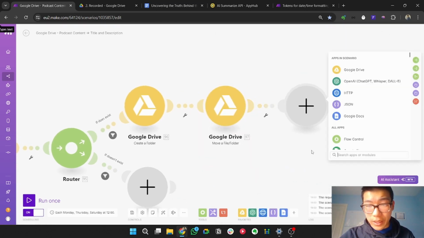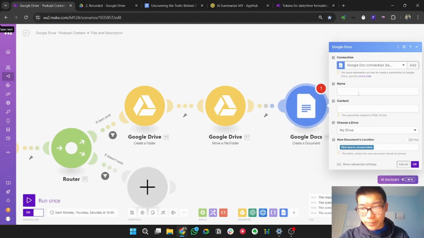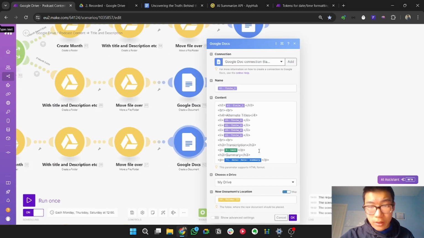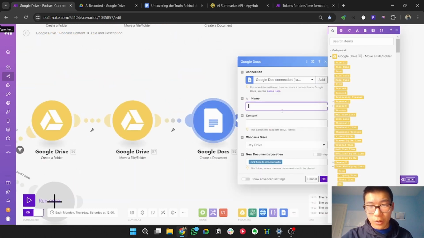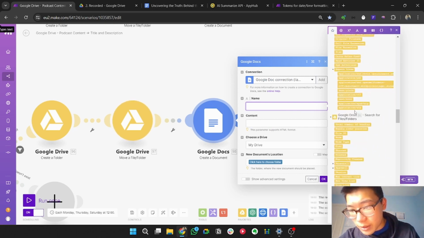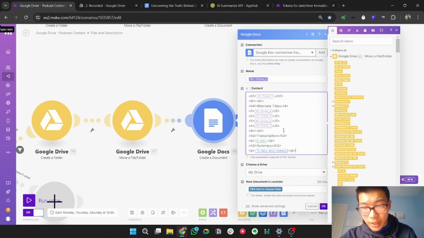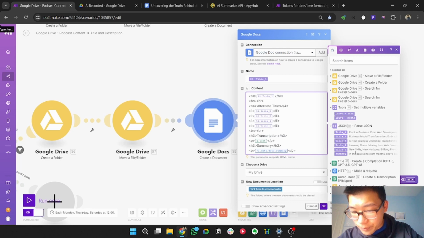And then what you have to do is you're then creating a Google Doc that has all the summary and the transcript, all that stuff. So what's really helpful is I use HTML. So this is really useful because it makes it look more easily formatted. So I'm going to put the name as, and the content. So I'm just going to paste it in, even though it's not really right. Whatever. Collapse, and then we're just going to open and then open.